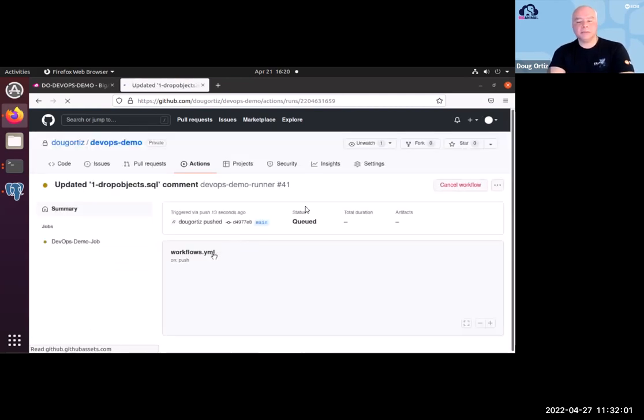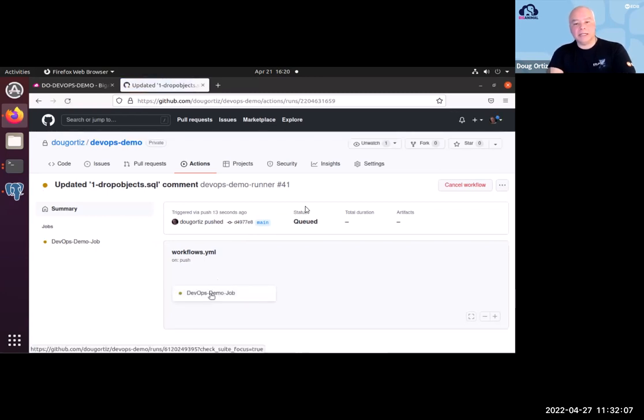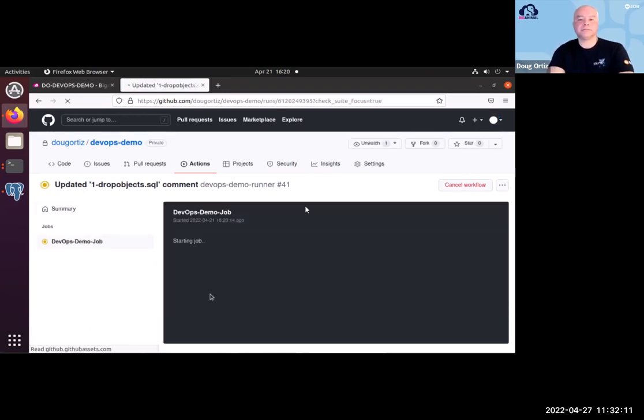We click on it, so we're drilling down. We see on the left-hand side the jobs and the workflows. And now that it showed up, we can click on it again and drill further down. It tells us it's starting the job. We'll go step by step. A lot of times, when it waits a little bit, you have to speed up the process, and that's what I'm going to do. As you can see on the left-hand side, it says it started and completed successfully, but